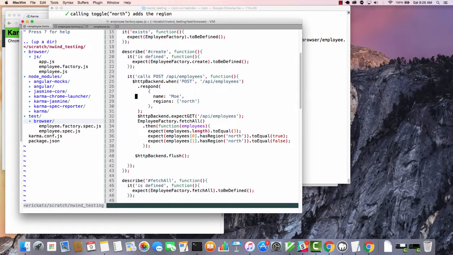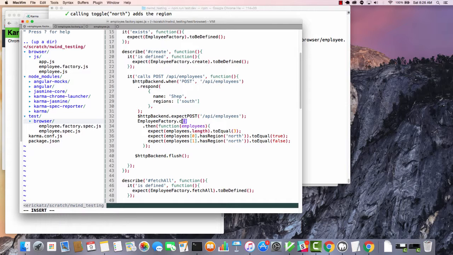This is what we expect our backend to do. So when we end up posting our employees, we're going to pass back and assume that we ended up passing in Shep, and let's say Shep has South. And we're going to say we expect a post to API employees,